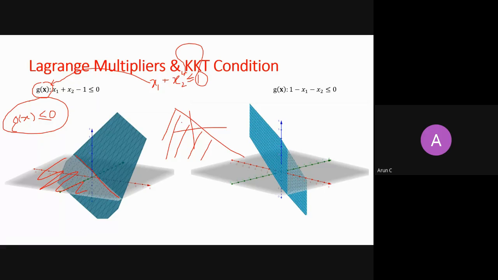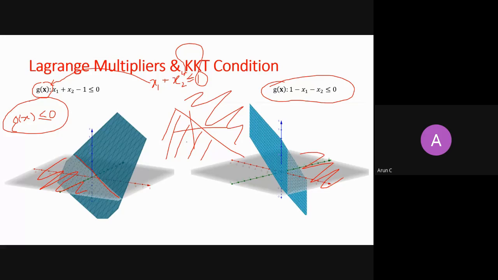Fine. So similarly, if I have a constraint which says that x1 plus x2 is greater than 1, I'm talking about this area, which is above the hyperplane. If that is the case, and I need to convert it into the standard notation, which says g(x) is always less than or equal to 0, I will do it this way, right? And it still says that it is the area above this line or hyperplane.